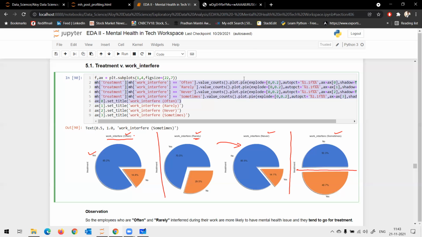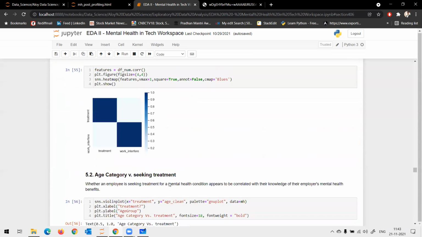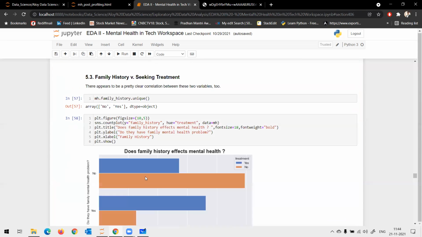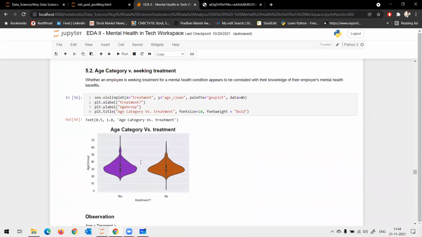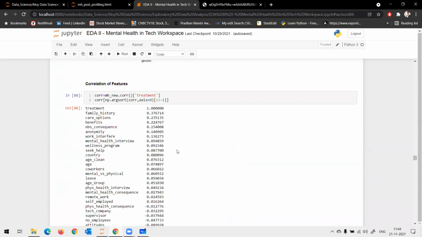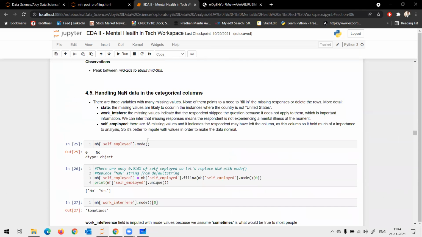And work interference had around 21% missing values. Correct? If you see carefully, work interference had 21% missing values. Where is our observation?